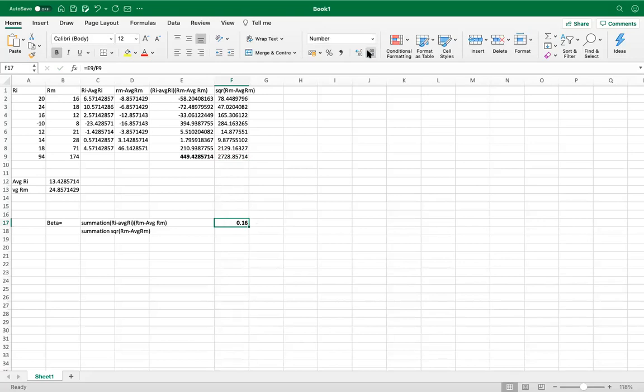I'll say 0.16, which means that if the market is giving me a return of say 100%, this stock will give me a return of only 16%. So it is going along with the market. Market ऊपर होगा तो मेरा स्टॉक भी ऊपर जाएगा, पर मार्केट के 16% ही मेरा स्टॉक देता है. समझ में आ रहा है? It has so much of risk in it. Are you following, all of you? Yes, ma'am. I'm not able to understand.